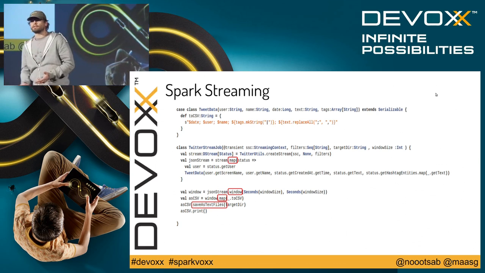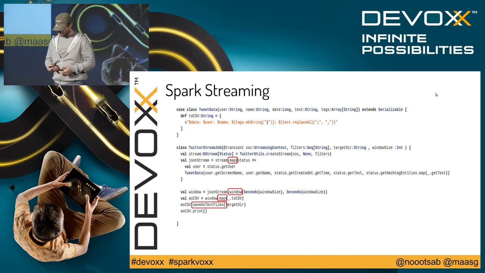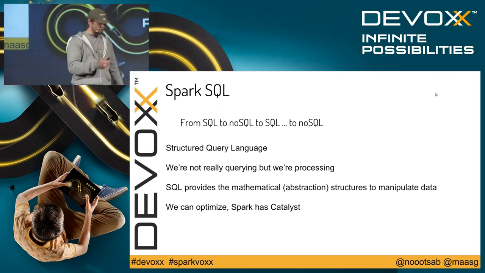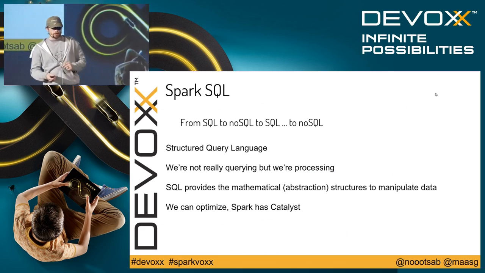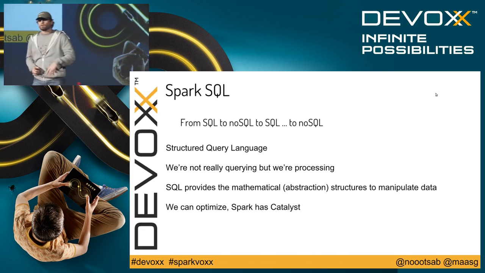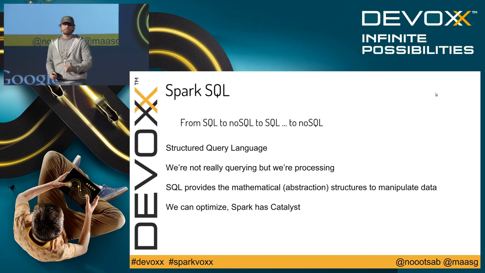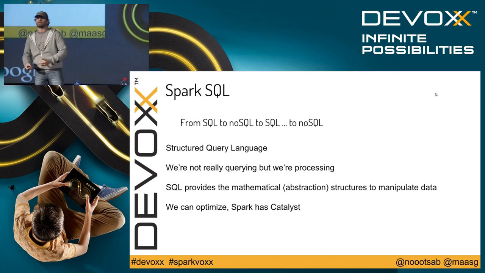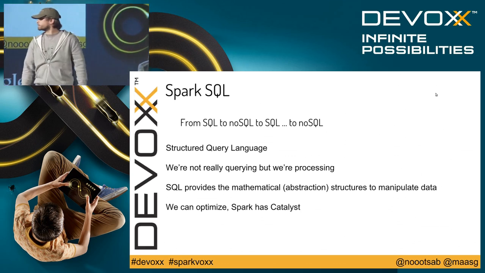It looks like an RDD, but it's actually very dynamic, and it has a bunch of RDDs behind the scenes. The second one, which Gerard has told some words about, is Spark SQL. You know, we loved SQL 10 years ago, then we ended up with NoSQL, and now we're starting again with SQL, but finally we'll get back to NoSQL. Okay, I'm going to explain myself.